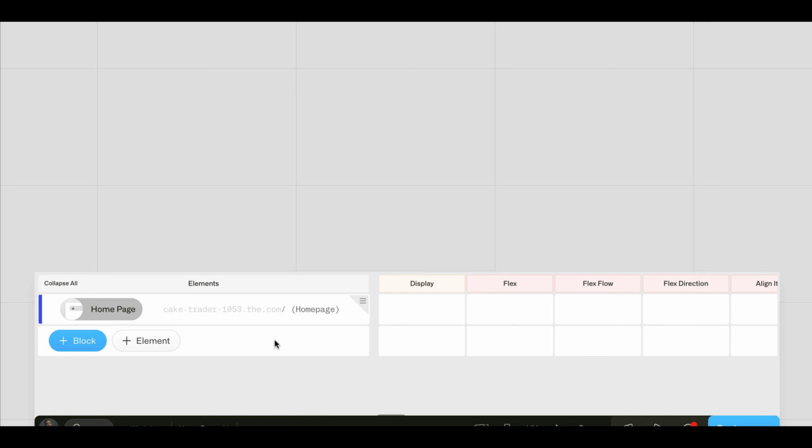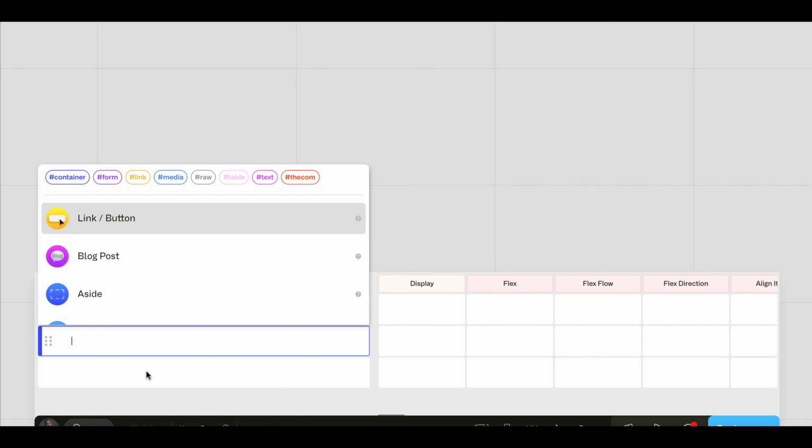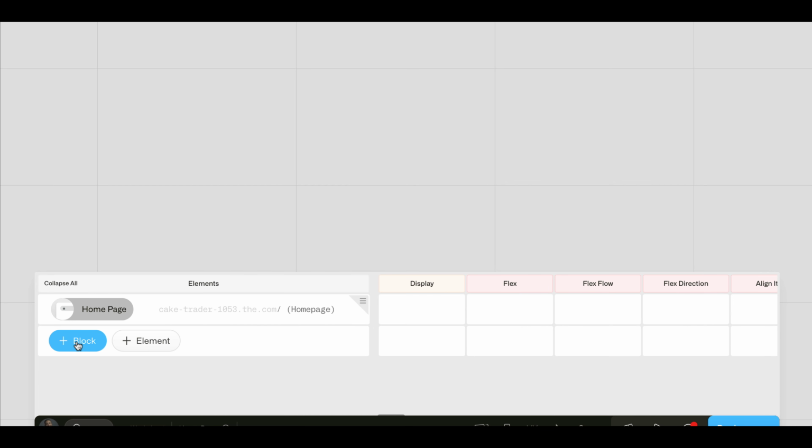creating that homepage. If I look on the left-hand side, the column where it says Elements, I'm seeing that this is my homepage, and with that homepage, I can be adding a block or an element. What's the difference? The block is already, I would say, a component that has all of these elements already made. The elements allow you to create whatever you would like, but they're going to be very raw pieces. For example, if I want to create a container, a form, a link, add media, add text, add a header, that's going to be an element. If I want to be creating already something done for me, that's going to be the block.